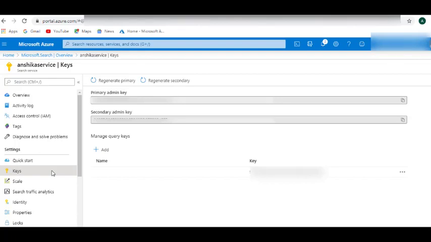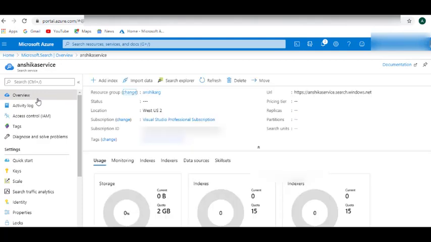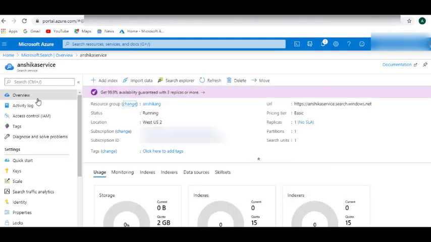Now we have successfully created the search service, but how the search service solution can be built? We are going to need some data which we want to be searched. So the Azure Search is very flexible and can nearly search anything. But for demo, I am going to create a Azure Blob Storage account in which we'll add the documents which we want to be searched. Let's look into that next.